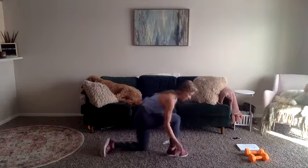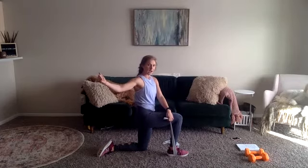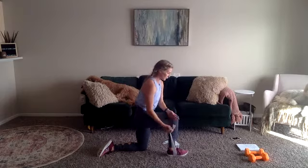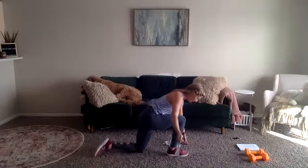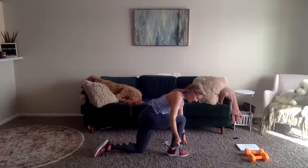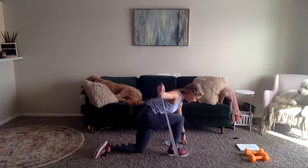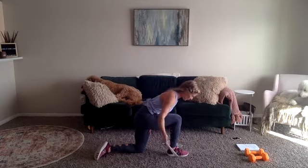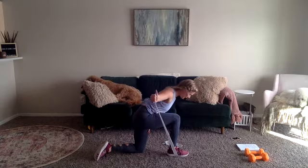So get there, get set. We've got 10 really controlled reps, and they're kind of more like pulses. So we won't come all the way down, we'll come like halfway down, halfway up. Let's give it a whirl in 3, 2, 1. Bring it up, come about halfway down, pull back up. And 2, lower, up 3, lower, up 4. Remember, palm is forward. 5,